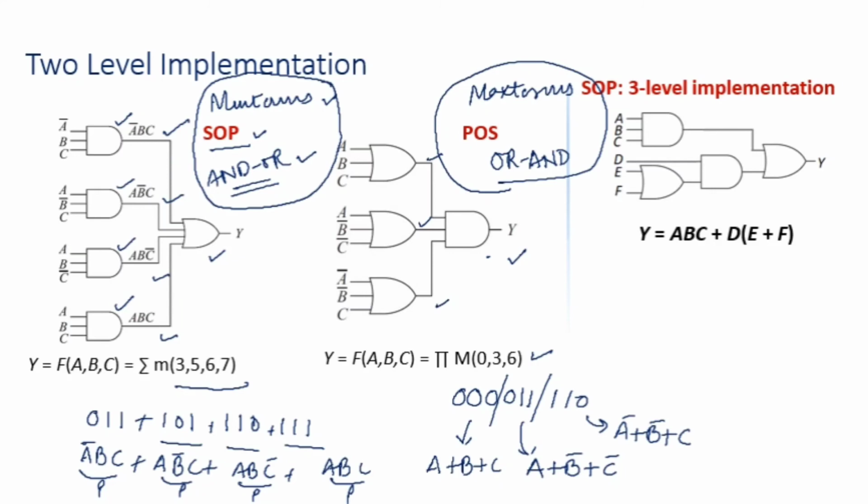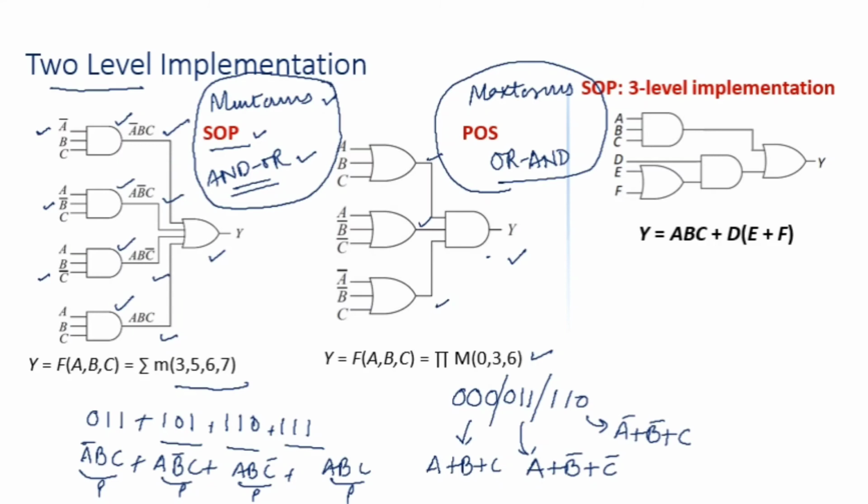Both these representations are termed as two-level implementation because there are only 2 stages. Considering that the inverted inputs are available, NOT gate is not considered as a stage. You can see that there is a bar, although we should have used NOT gates there to compute A bar, B bar and C bar, but if we are not using them, we can simply mention a line that assuming that inverted inputs are also available, we can also go by this.